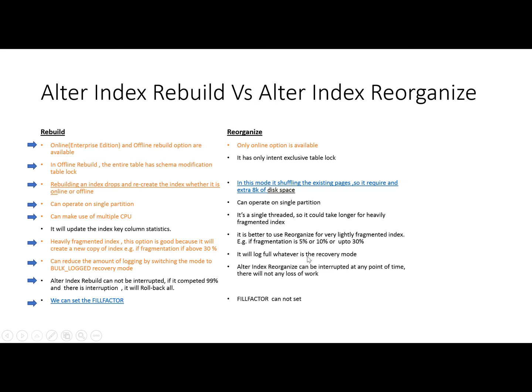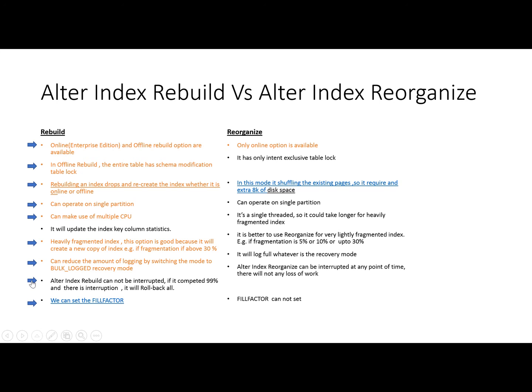Whatever the recovery model, it will log fully. So in the case of logging, the reorganize method is a little costly.